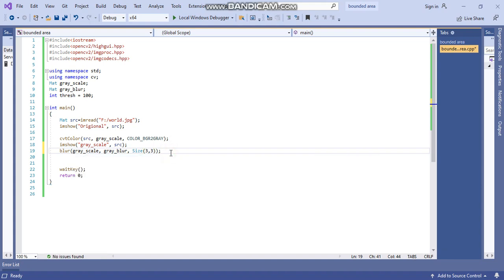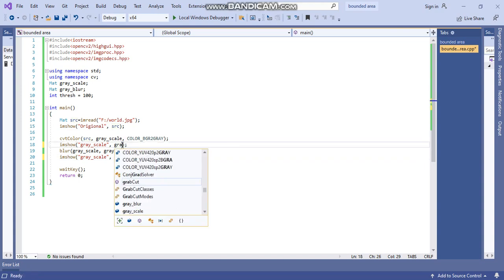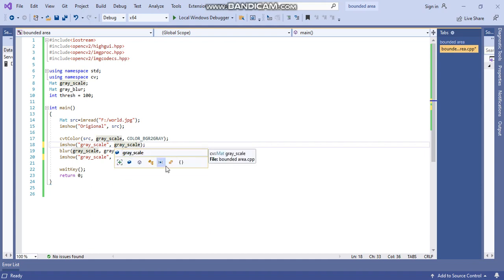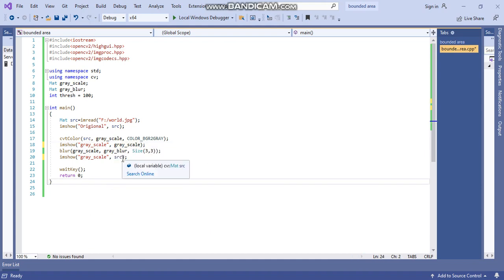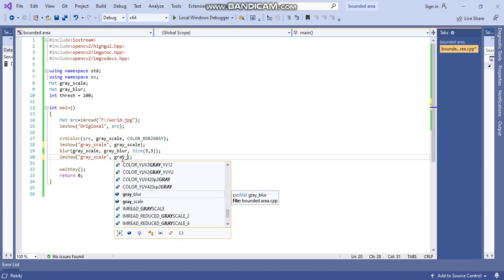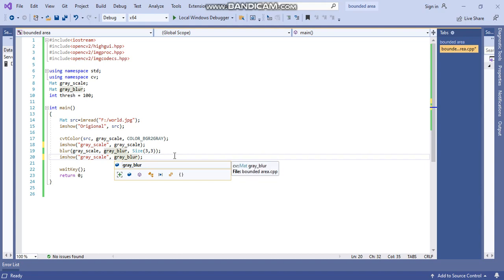Yes, Size. Now if you want to see the blur image, just copy this, Control C, and here you can say Control V and write gray_blur. Here instead of src, you can write grayscale, okay, the grayscale image, and here you can see gray_blur.